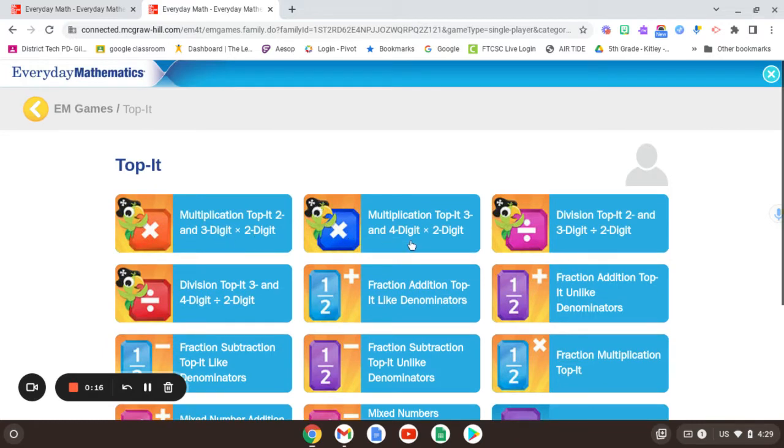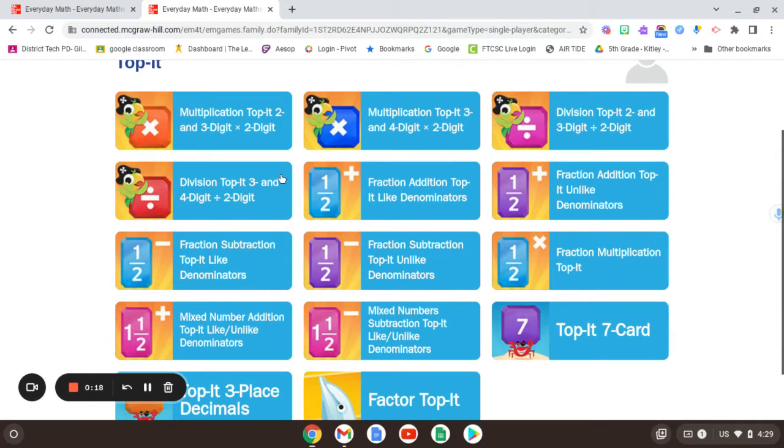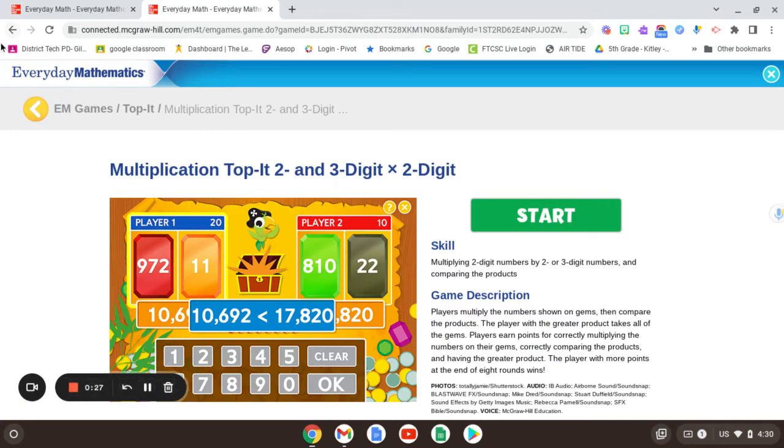You can do multiplication, division. I know that adding and subtracting fractions with like denominators and unlike denominators is on here, multiplication. So you have options for these games. So if I wanted to play this game,